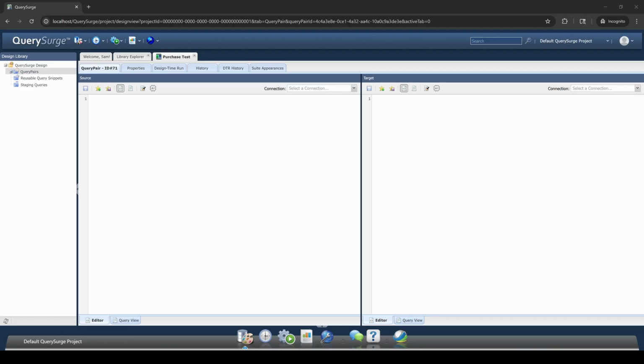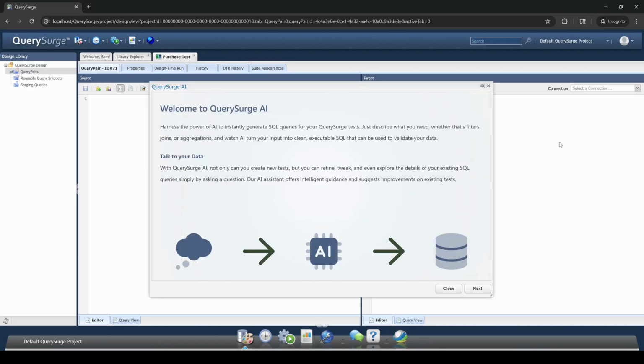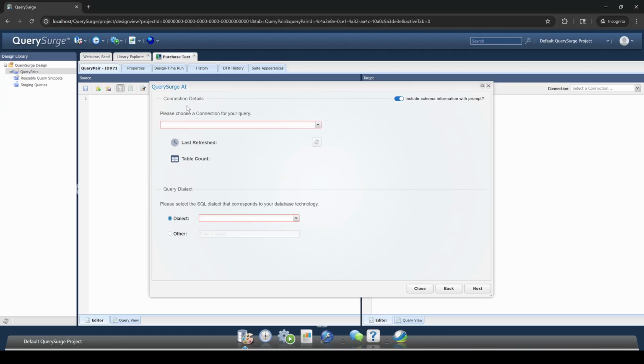Once this feature is enabled, you'll see a new AI button added to all query windows just like this. Simply click the AI button to open the QuerySurge AI interface and you're ready to begin. On the wizard window, I'll click the next button here and I'll be prompted to select a connection for my